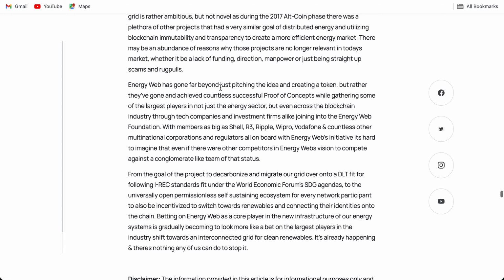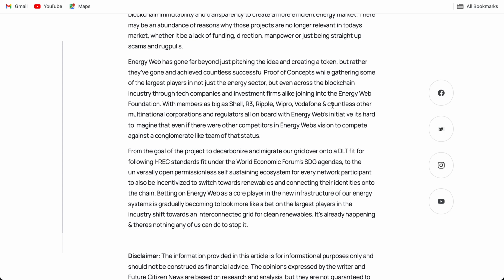Energy Web has gone far beyond just pitching the idea and creating a token, but rather they've gone and achieved countless successful proof of concepts while gathering some of the largest players in not just the energy sector but even across the blockchain industry through tech companies and investment firms alike joining into the Energy Web Foundation, with members as big as Shell, R3, Ripple, Wipro, Vodafone, and countless other multinational corporations and regulators all on board with Energy Web's initiative. It's hard to imagine that even if there were other competitors in Energy Web's vision, they could compete against a conglomerate of that